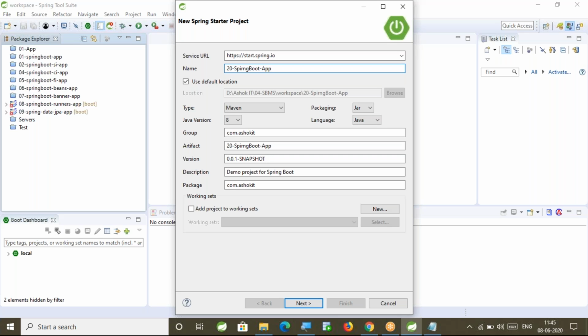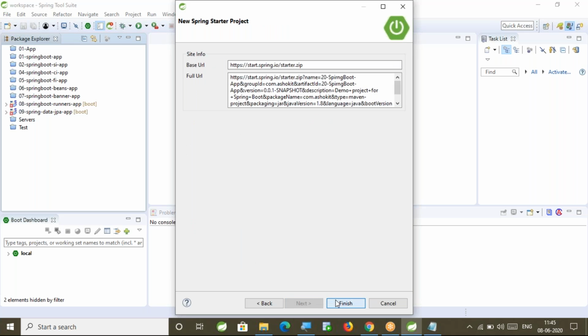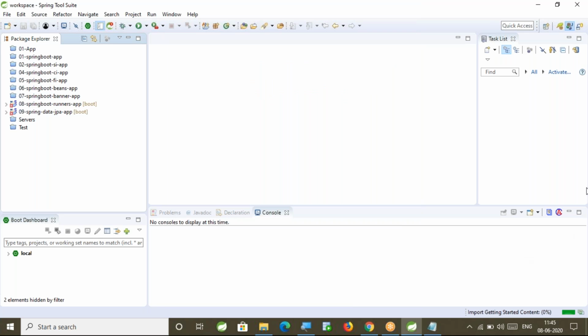Click on Next. I'm selecting a few dependencies for this project: Lombok, Oracle driver, Data JPA. Then click on Next, Finish. One simple project we created by using the Tool Suite IDE.